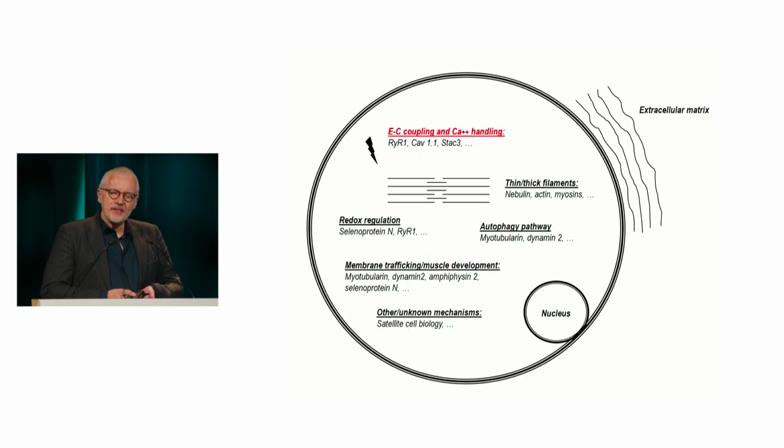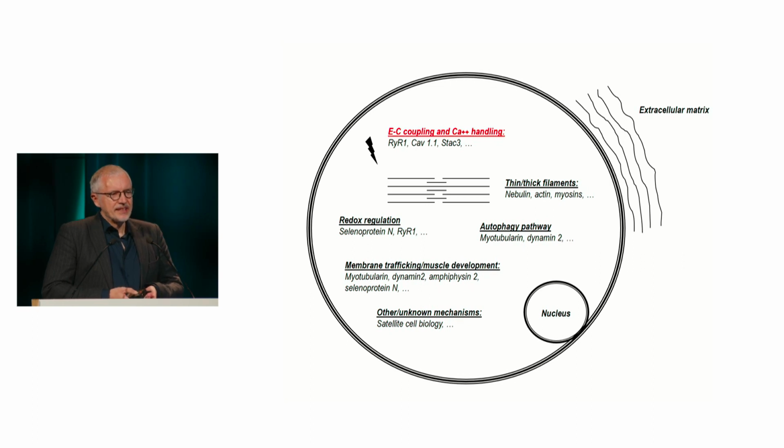And in contrast to the muscular dystrophies, the integrity of the muscle membrane is typically preserved in these conditions, and that is the reason why most of them do have a normal CK. But there are a number of intracellular, intramuscular processes which are affected, and these processes mainly concern intracellular membrane trafficking and vesicular trafficking. But most importantly, thick and thin filament biology, and most frequently the process referred to as excitation-contraction